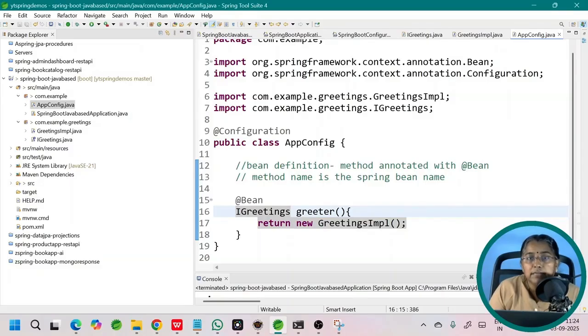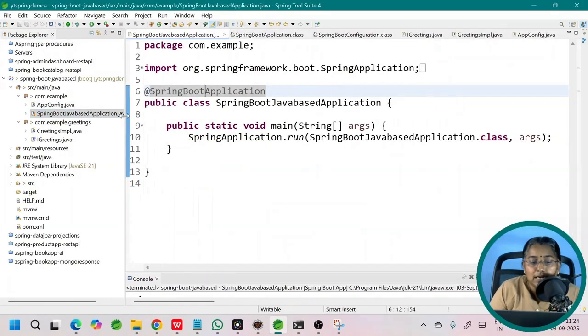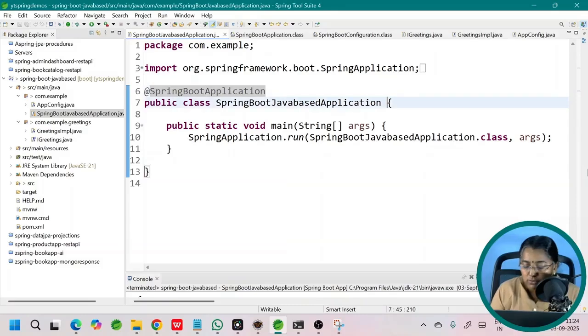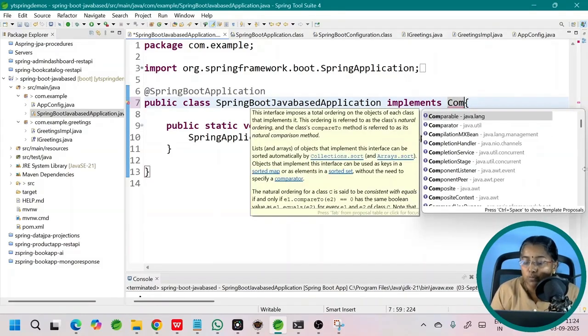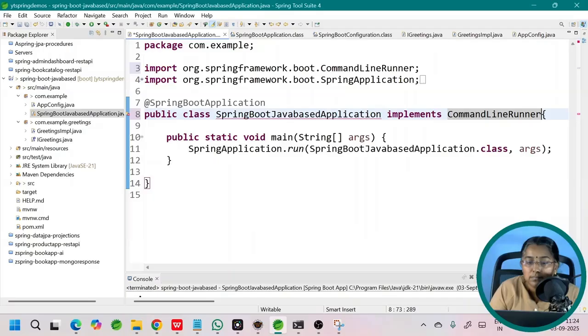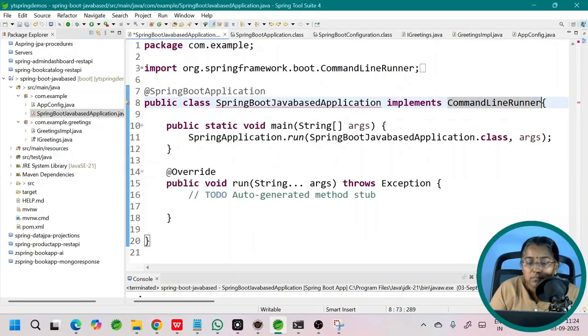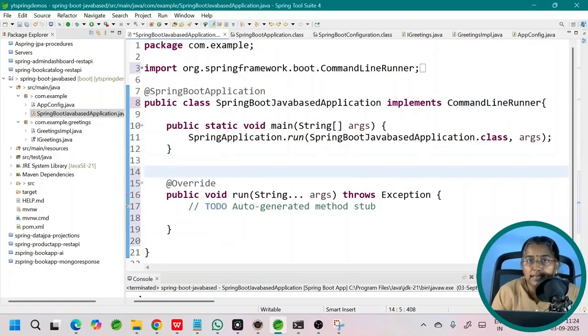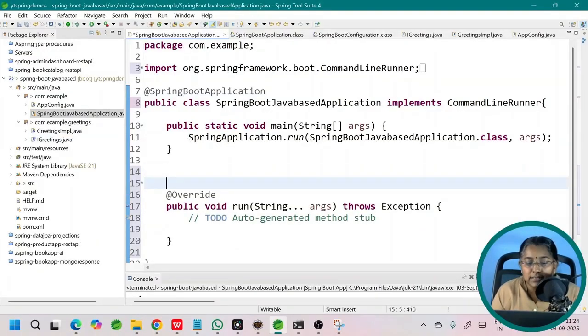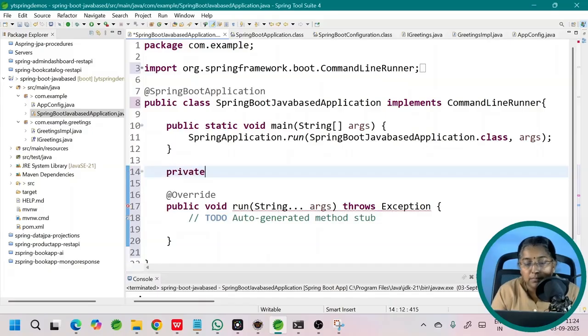What next? We need to call this. Go to the main class. This has to run as a console based application. So make the main class implement CommandLineRunner and override the run method. Now that the IOC container is created and the Java object for this particular class is available, I can autowire it here. Private IGreetings